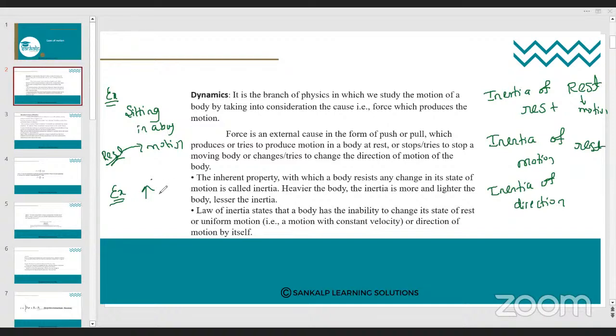So when the brakes are applied, so ಯಾವಾಗ brakes apply ಮಾಡ್ತೀರಿ, your body will fall in the forward direction. So why vehicle ಏನಾಗ್ತಾ ಇದೆ? The bus, train, it is trying to stop, but your body will try to move forward, then it will come to rest. So why it is happening? Because your body is adjusted for the motion already. So to come back to the rest, it is showing some opposition, that resistance. It is called as what? Inertia of motion. Understanding?